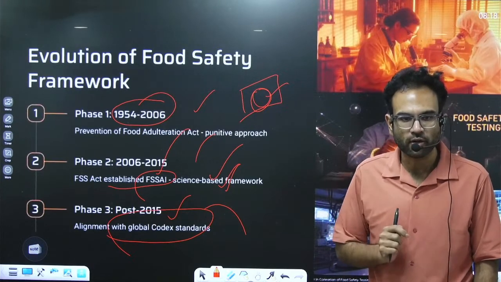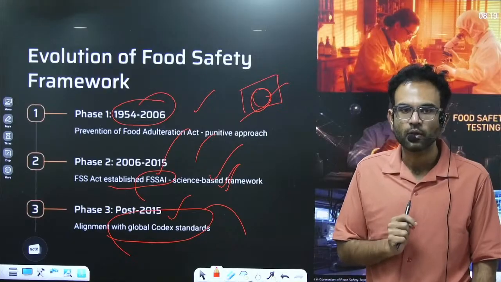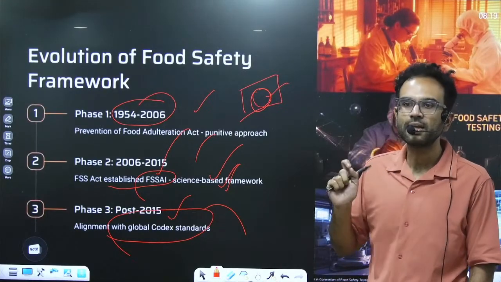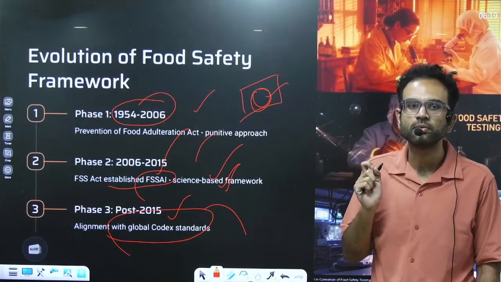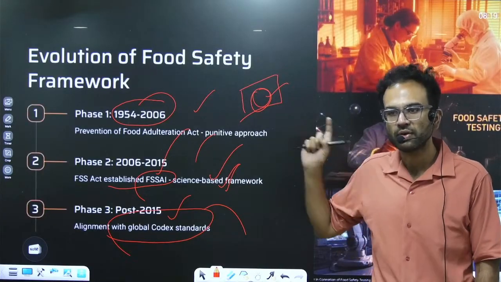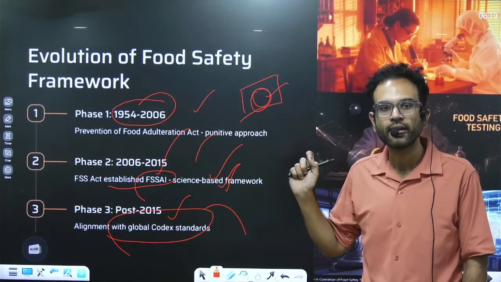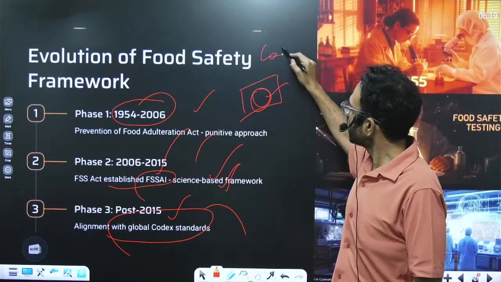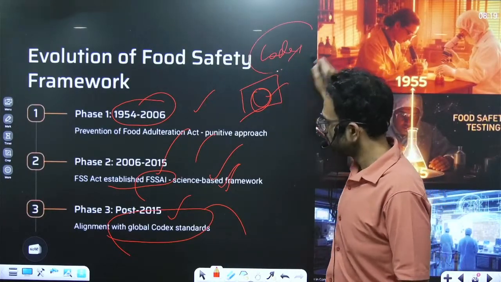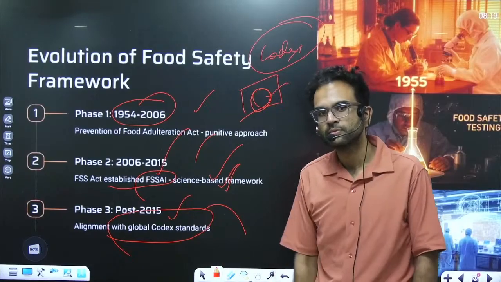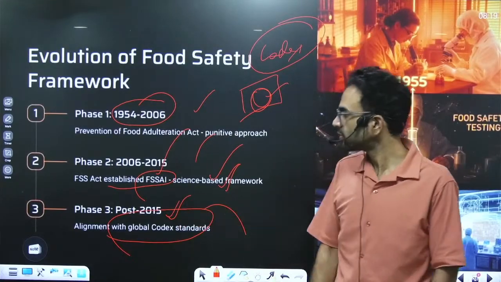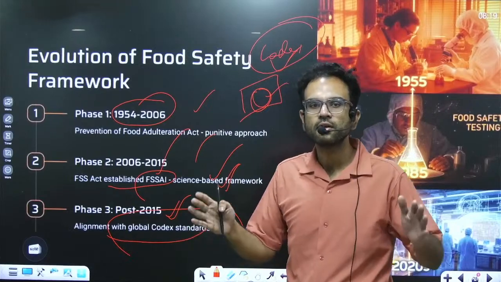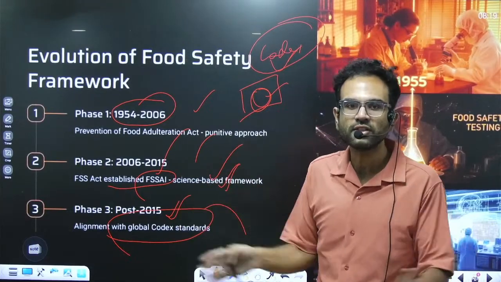We have discussed this point already the other day. What is the FAO code called? The global level food safety code. What is it called? We have discussed it the other day. Codex Alimentarius. Codex. See, don't remember? Okay. Check this: Codex Alimentarius of FAO. And what is it? It's the global norms on food safety.